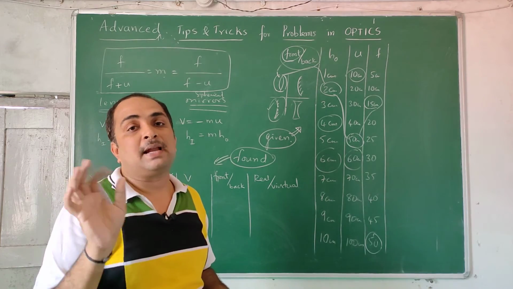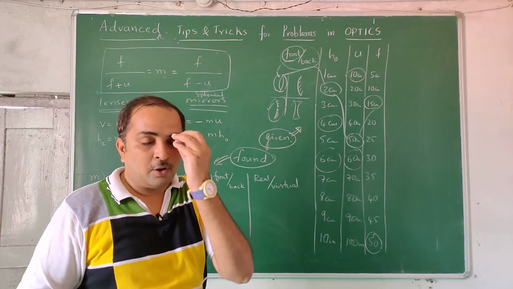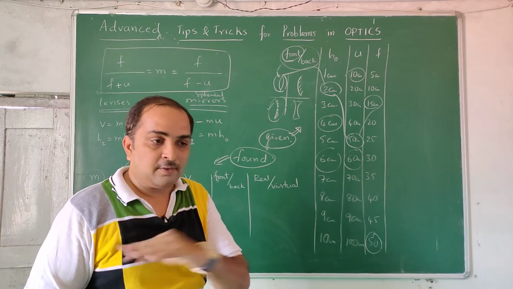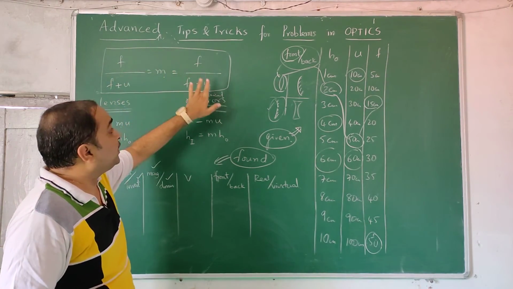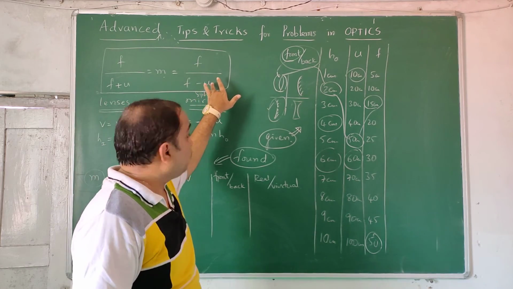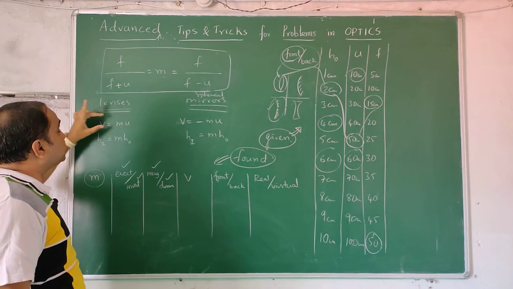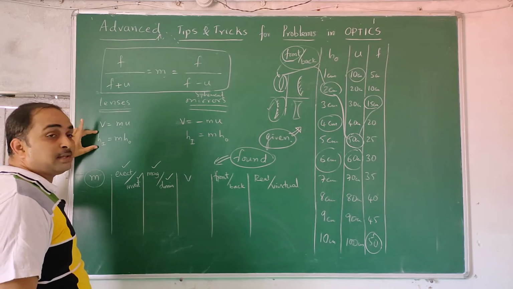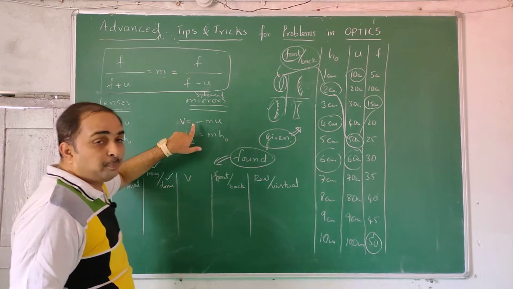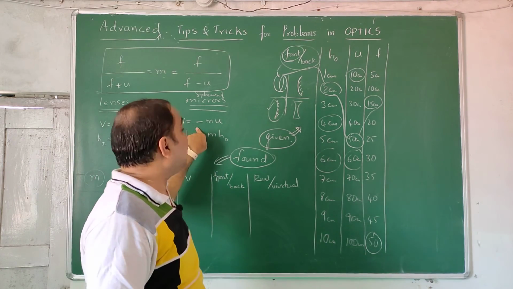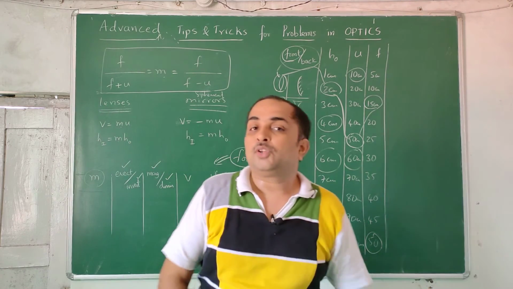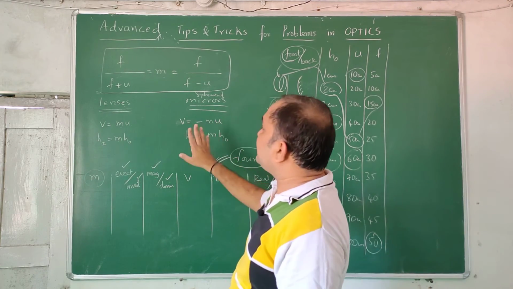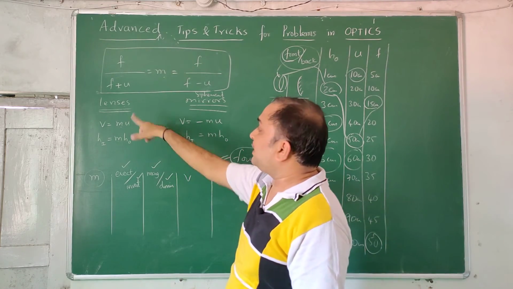Once you understand the basic ideas, first your mind should go to whether it's a mirror or lens, reflection or refraction. Basing on that, f by f plus u for lenses, f by f minus u for mirrors. Once you get magnification, multiply with object distance to get image distance, and with object height to get image height. Only thing is, due to this sign convention, when these derivations are done, a minus has to come, so keep that in mind. Keep the minus on the left side or right side depending on mirrors and lenses.